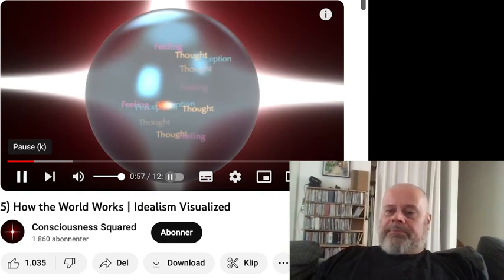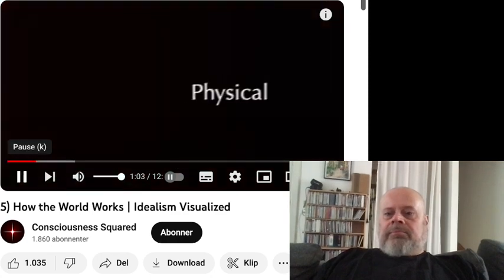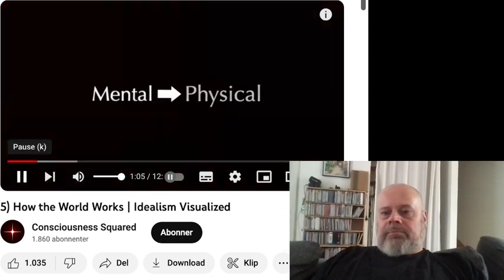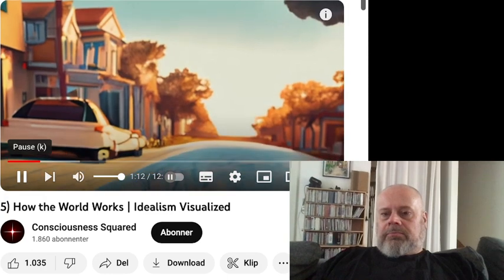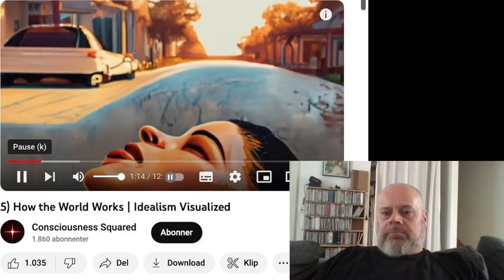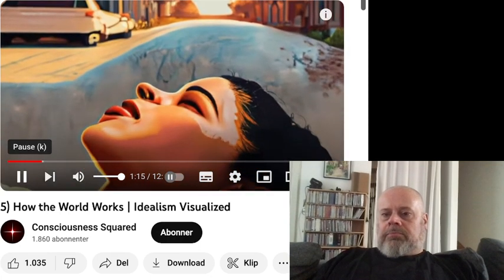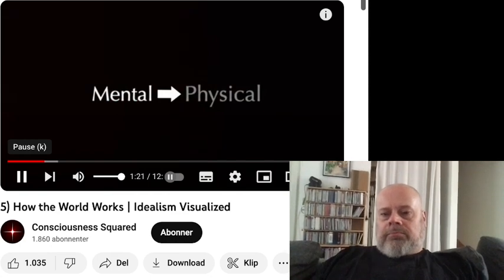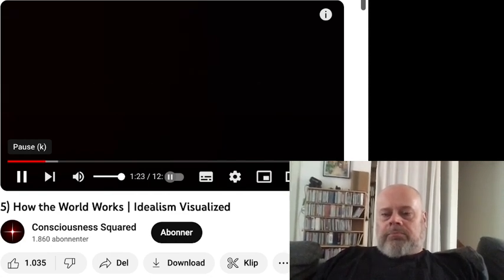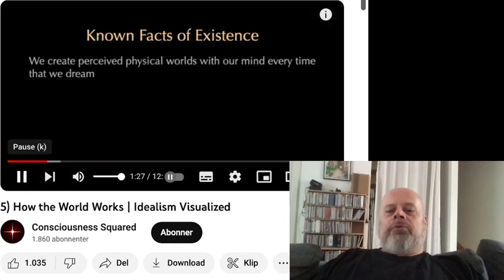Minds are objects of awareness. Everything that we perceive as physical is in reality mental. While this concept may sound surprising at first, it shouldn't. For while dreaming, we accept the perceived physicality surrounding us in our dreams, even though all of it is produced by our own thoughts. So you see, the fundamental idealist concept of the physical as derived from the mental is not even theoretical, as it is a known fact of existence that we create perceived